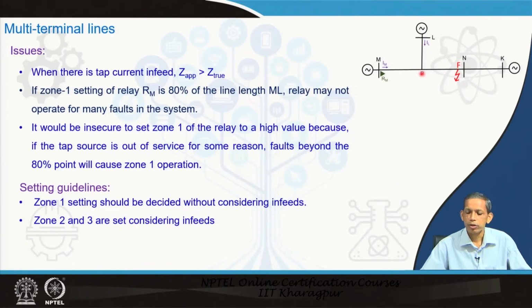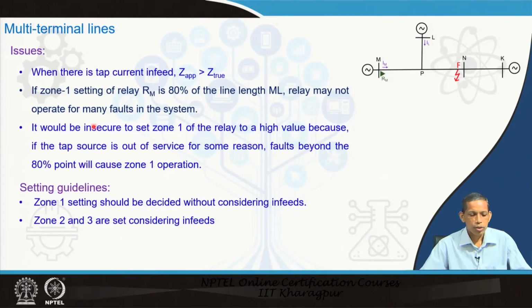So, what will happen here, if we consider this line M N to be much longer, and we set zone 1 in terms of the line from M to L, the shortest distance? Then many fault points in the system, because of this underreach issue, will not be detected in zone 1. That means if a zone 1 fault happens towards the reach under the infeed condition, zone 1 will not detect it. It will be detected by zone 2 or zone 3, and then it will be a delayed decision.